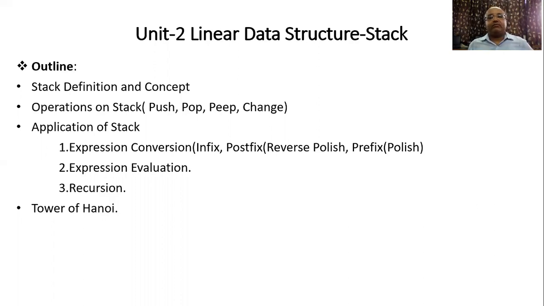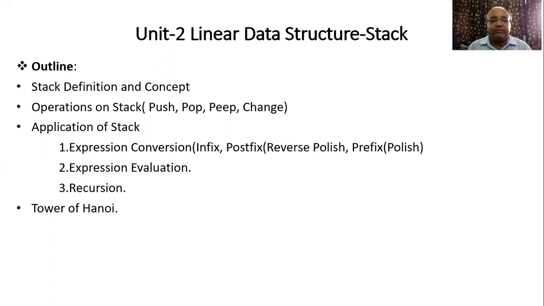The second application is expression evaluation. Evaluate means to find out the answer of any expression that is given to you by using the concept of stack. Similarly, you can apply the concept of stack for the purpose of recursion. This is a term that you already know, which is a part of your C language.